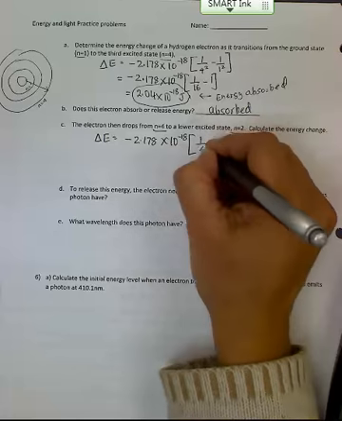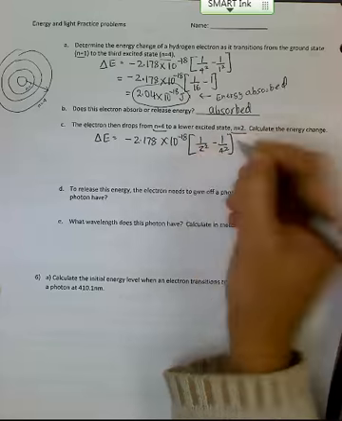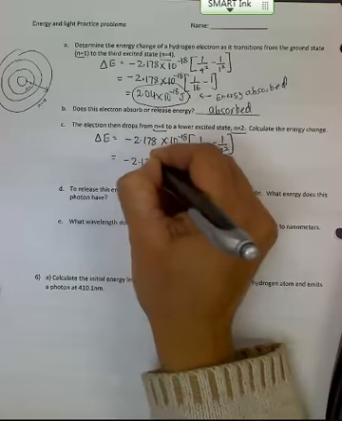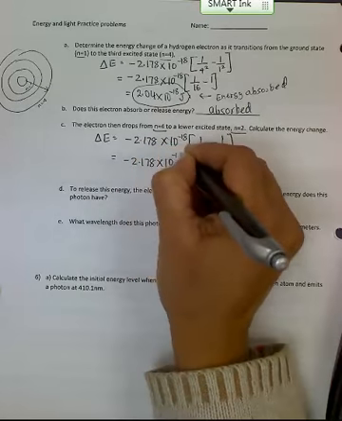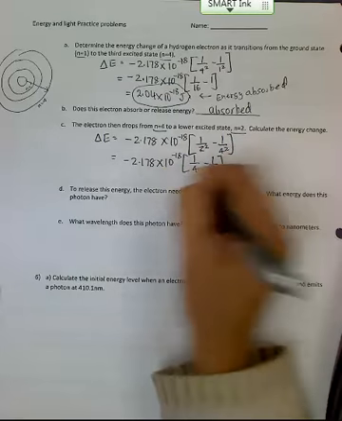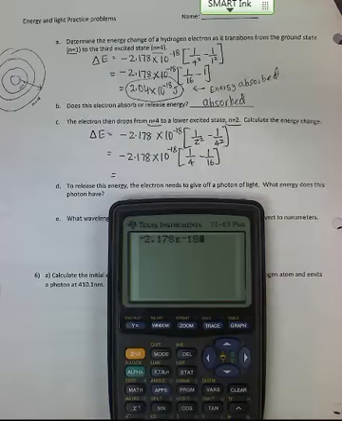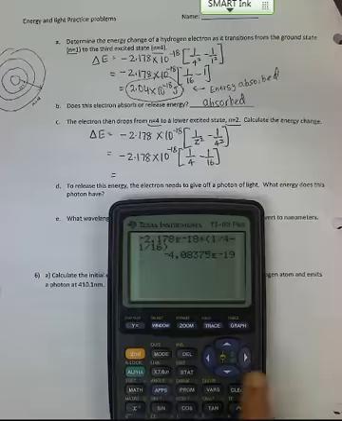My final is 2 squared and my initial is 4 squared. So now if I substitute in the equation, I have 10 to the negative 18 divided by 1 by 4 minus 1 by 16. Now if I plug it into my calculator, negative 2.178 second EE negative 18 times, I'm going to open up my brackets, 1 divided by 4 minus 1 divided by 16,